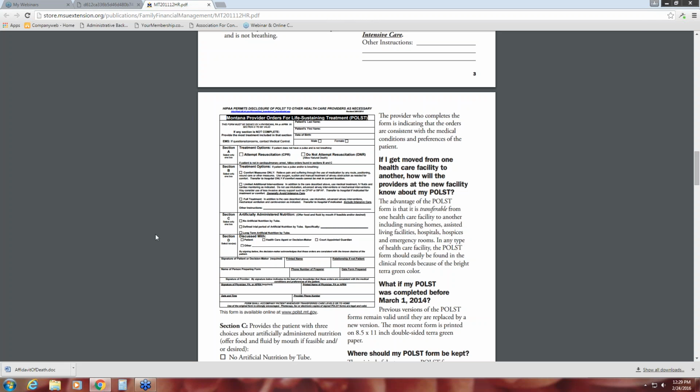And by that I mean they have you sign this thing when you're admitted to a facility, and you check a box based on what you think the type of care you're going to need, and then they use that when something bad happens a year and a half down the road, or when your condition changes. And the form was never meant to address changing conditions or changing treatment wishes. In fact,